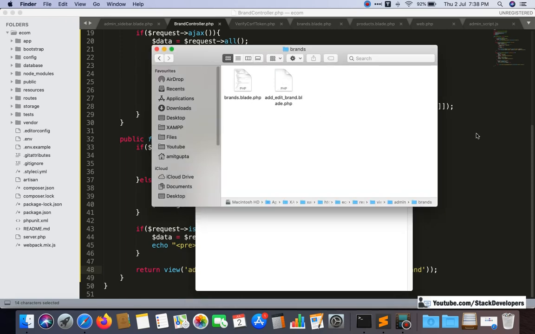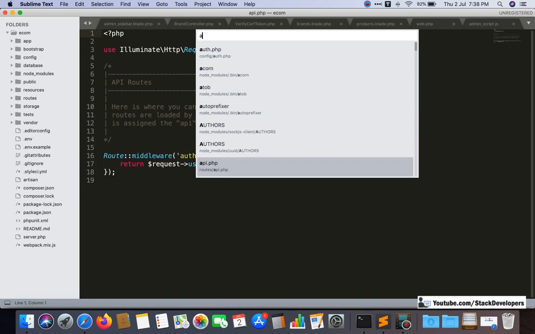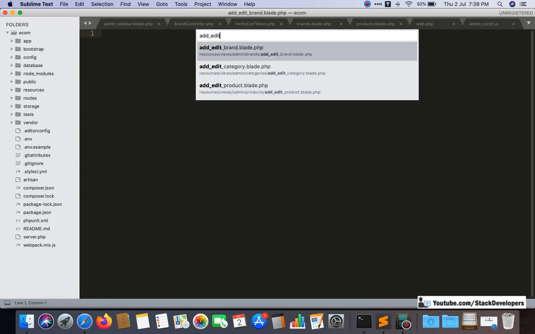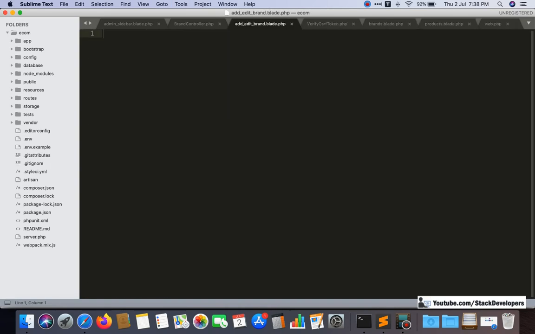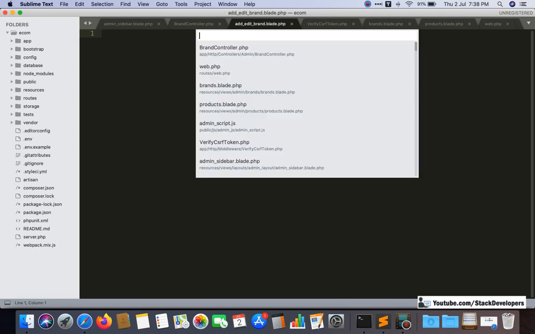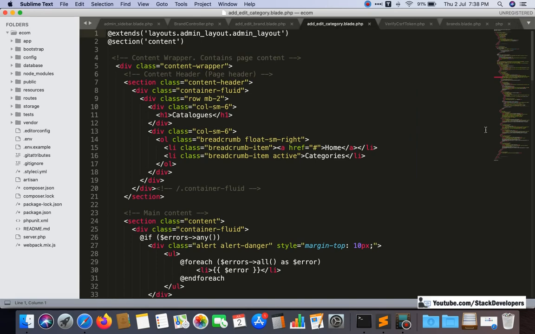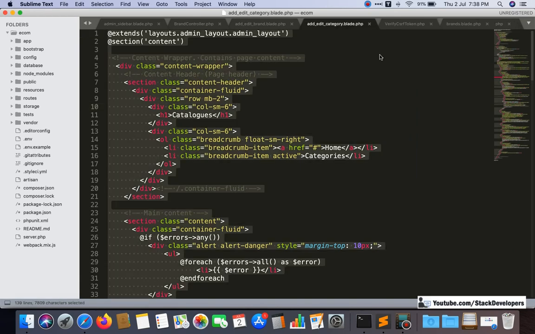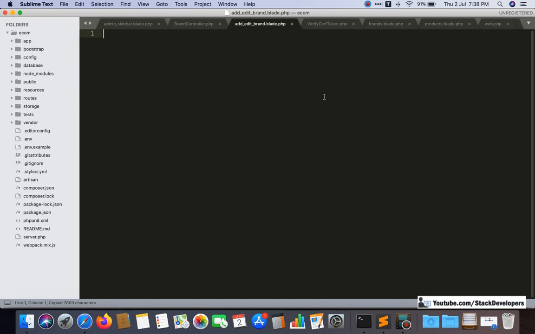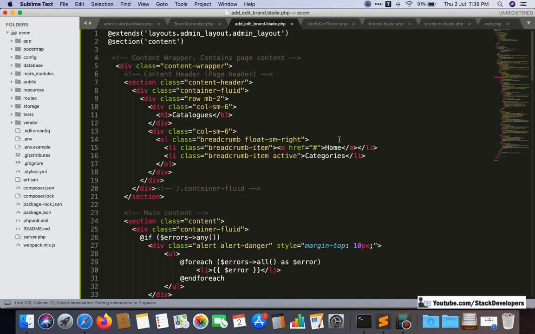So the file has been created, add edit brand. We can copy the script this time from sections also. We can copy from the section, add edit category, because we will get the form design and complete page design, and we can make changes.